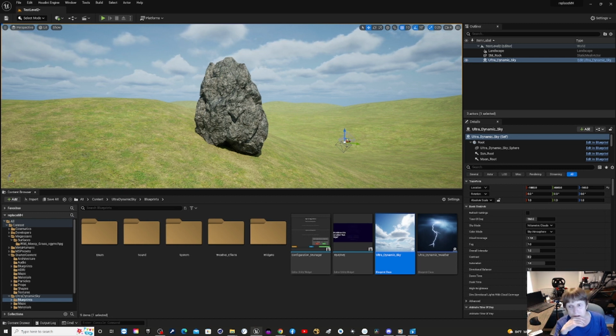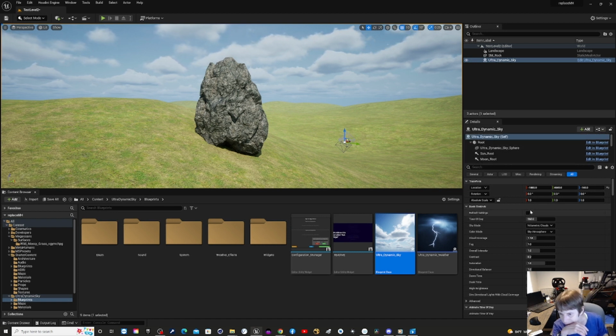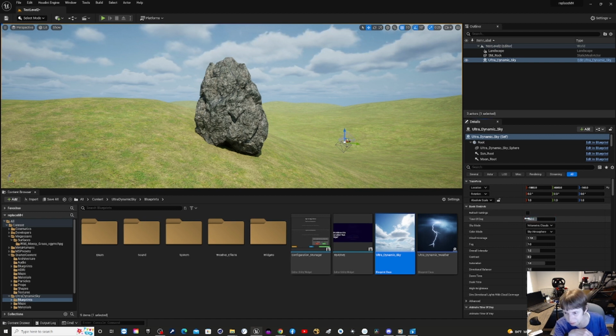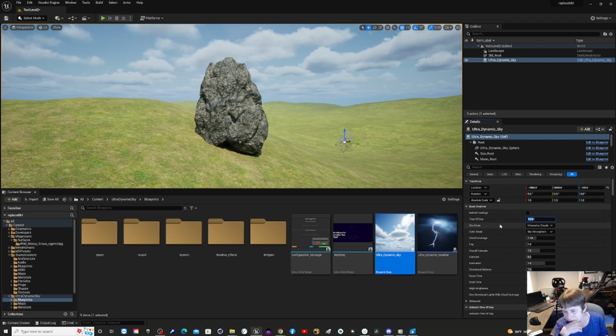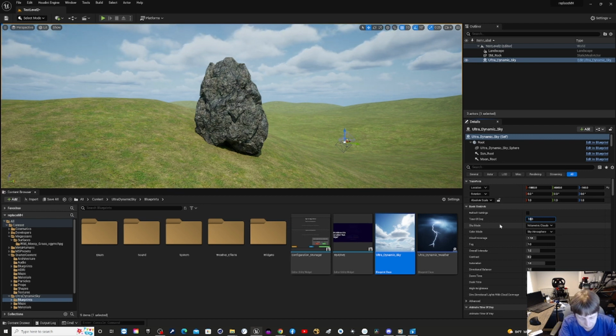Now that you have it, you can adjust pretty much the basic controls. So this is 9:30 in the morning. You can make it, let's say, by the way, they do it based on 100, not based on 60. So it's not 60 minutes, it's like 100 per hour. So like 1800 would be